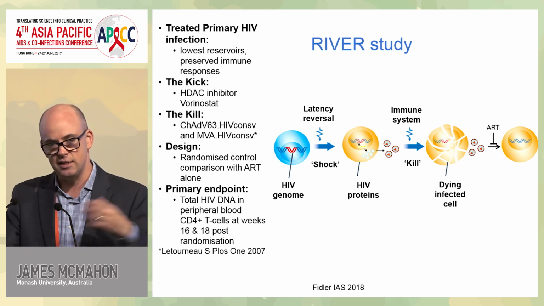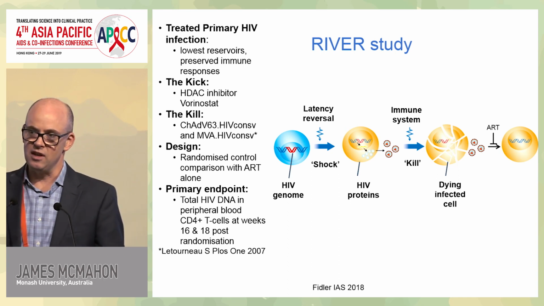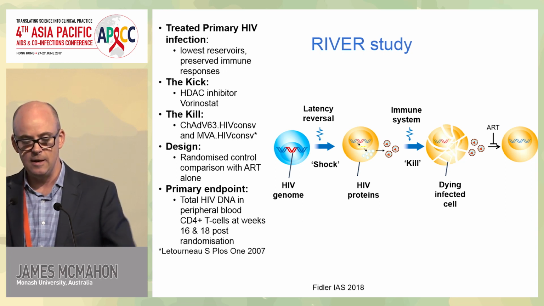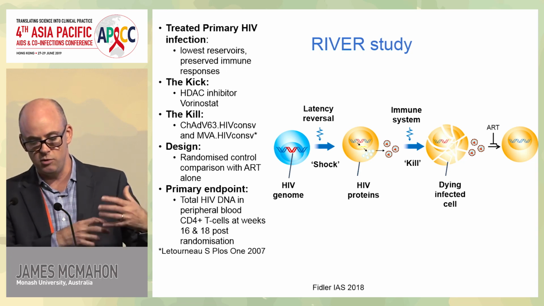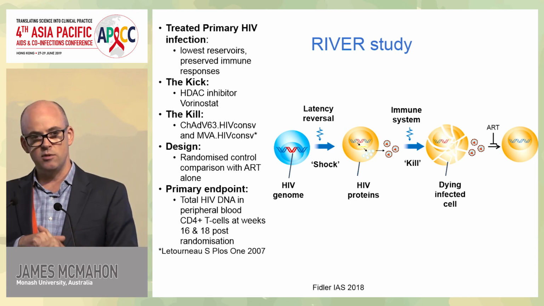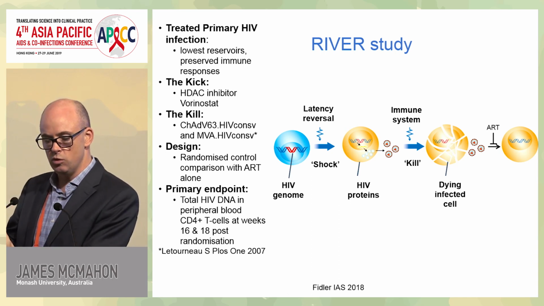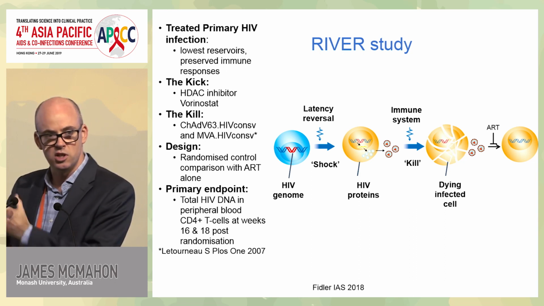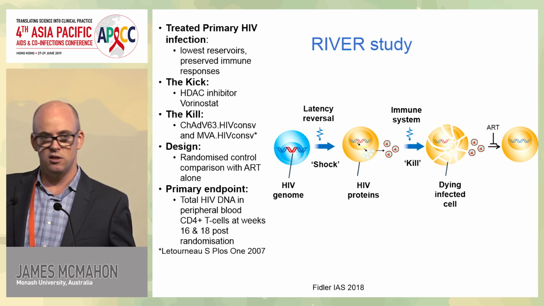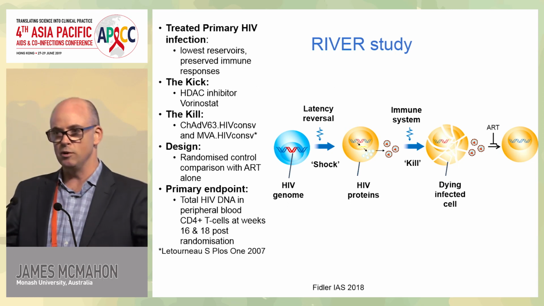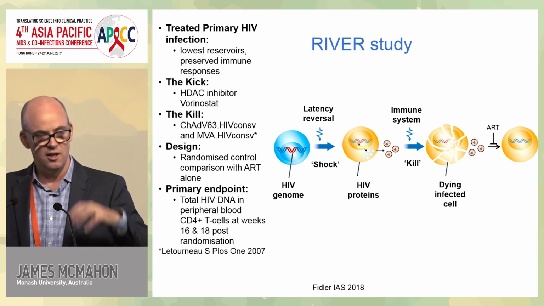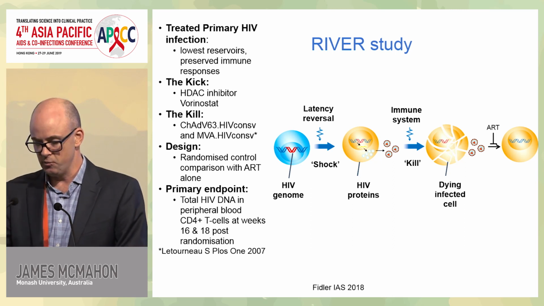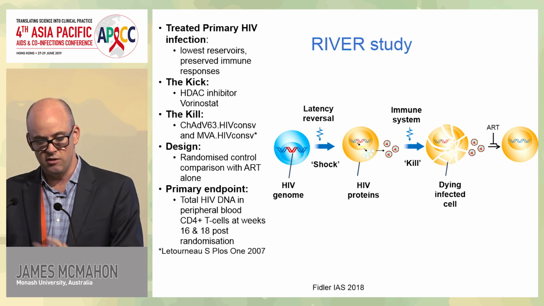And this was a sort of a classic kick and kill where they were giving a therapeutic vaccine. So this idea that you give a vaccine to someone with HIV on ART, that'd lead to increased immune responses, and then at the same time you'd give those individuals a drug to turn on viral transcription or increase expression of virus or viral proteins, so then that increased immune response can come along and identify those infected cells and they can eliminate them. So that was the whole kick and kill. So this was a classic kick and kill trial, and it used a therapeutic vaccine.